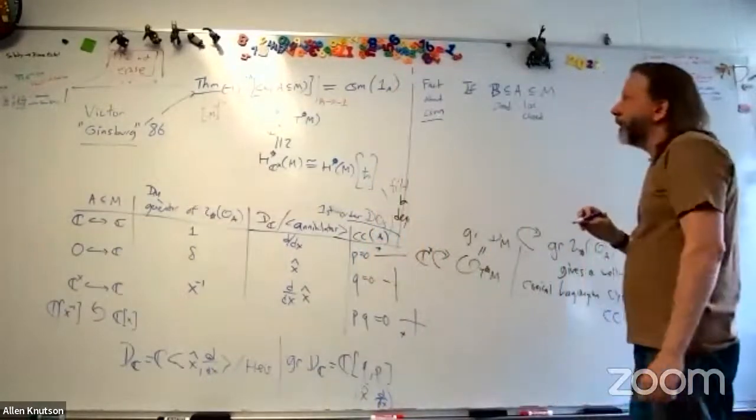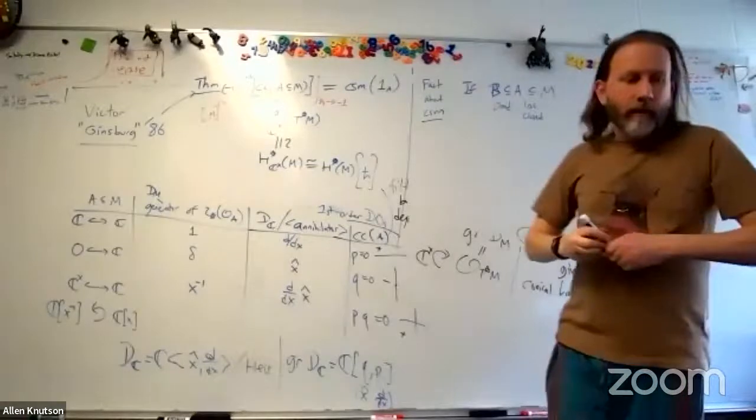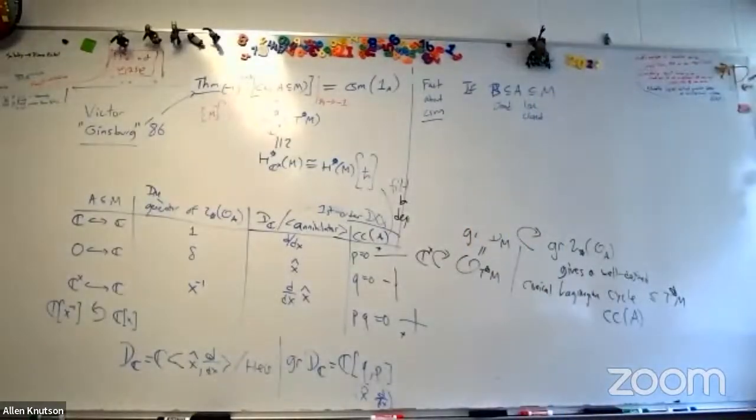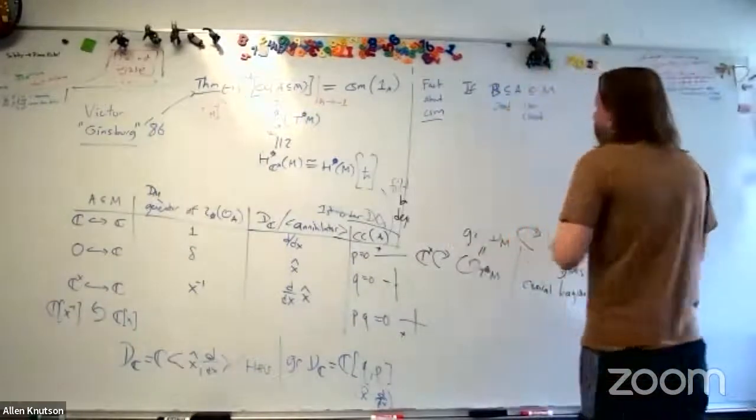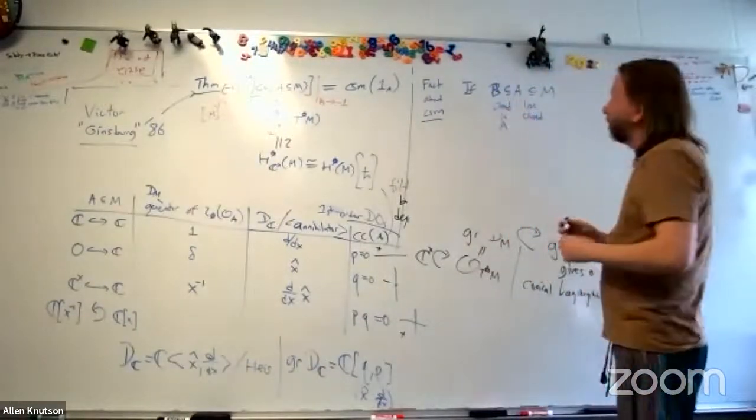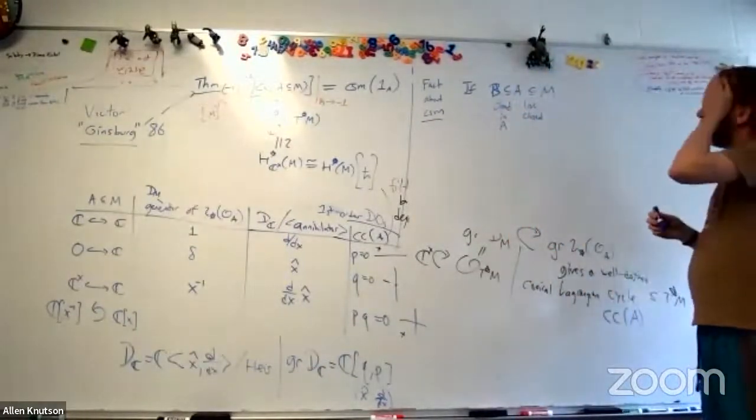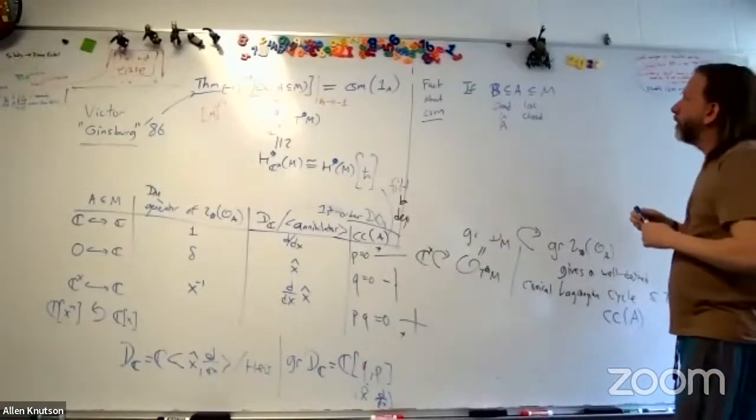The only thing you really need to know about them today. B closed in M or B closed in A? A. B closed in A. Okay. So if we have that,